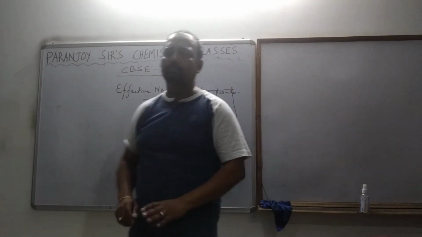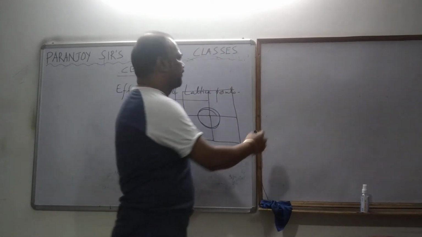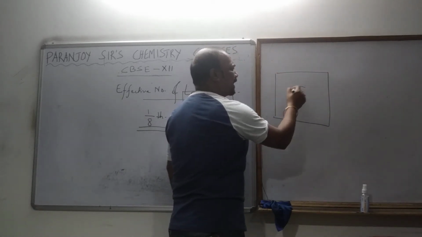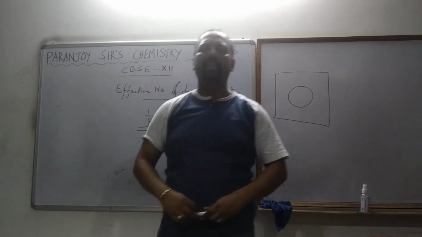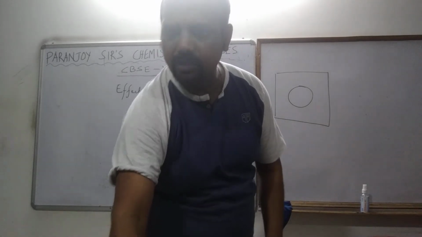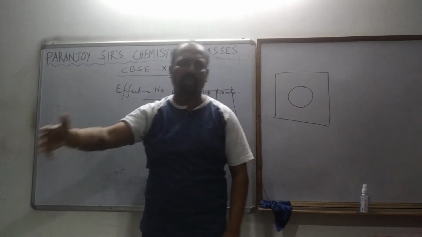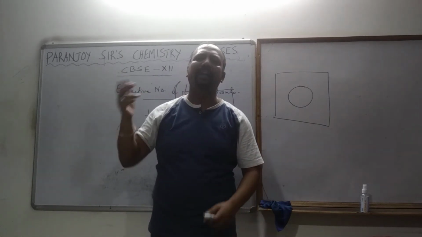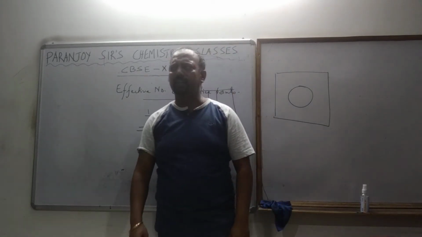Fine. Now the corner one is done. Now think of the one which is present at the center of the face. This is one face, and at the center of the face one sphere is there. You should not think just two-dimensionally. Think of your room again. Take one wall, any wall, and at the center of the wall one sphere is there. That sphere will be divided between how many rooms? Tell me first.